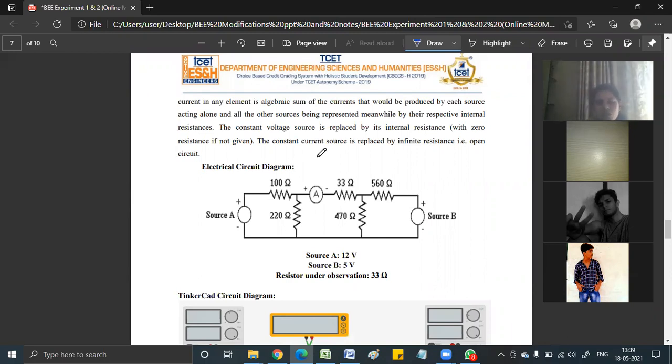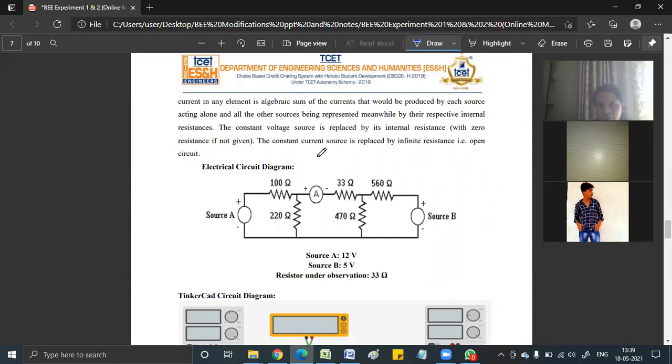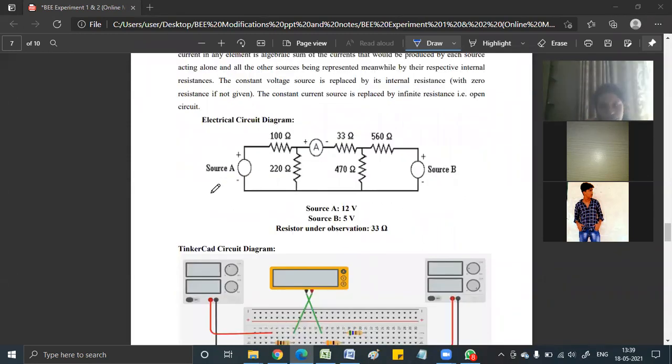So what we'll do is to understand the superposition theorem, we are going to take into account the same circuit that we did in the first experiment. Okay, and if you look at the write-up for superposition theorem, the circuit given is different. This is a different circuit. This is the circuit that is there for your superposition, but we are not going to make use of this one. Okay, so we are not going to take this circuit into account.